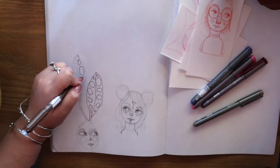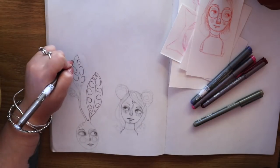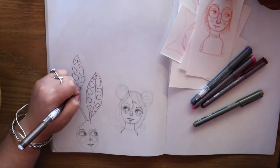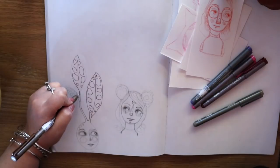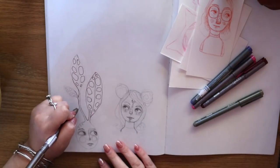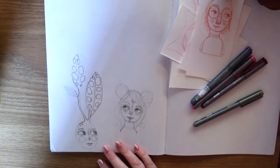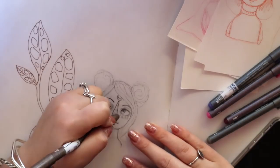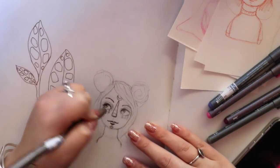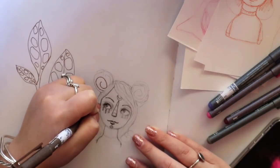So normally if I am not giving them to you in black and white, I would go straight in with color and then decide if I wanted to line them or not. But because I know you guys adore changing them and altering them and coloring them yourselves, line work has to happen first in order for me to get a nice clean image to scan and make black and white for you. I am working in my render sketchbook, the large one, not the tiny one that I